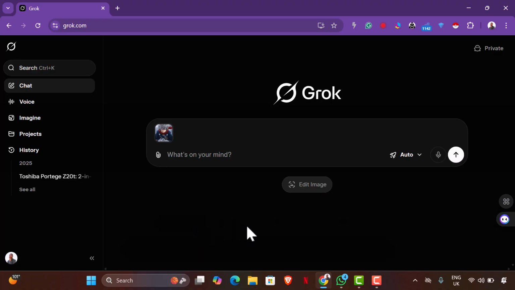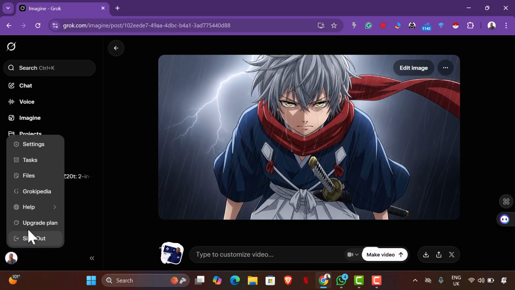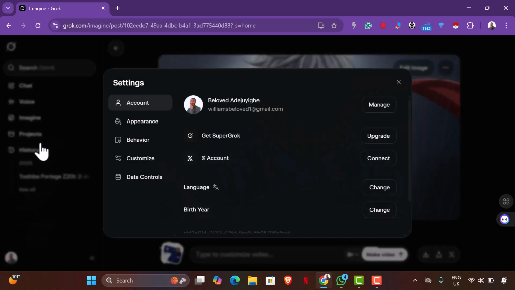It starts generating it automatically. Yes, there's a way you could correct that. So instead of it generating your video automatically, what you do is you come to your settings. So you come to your settings right here,